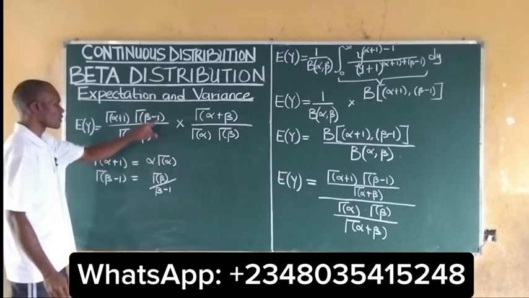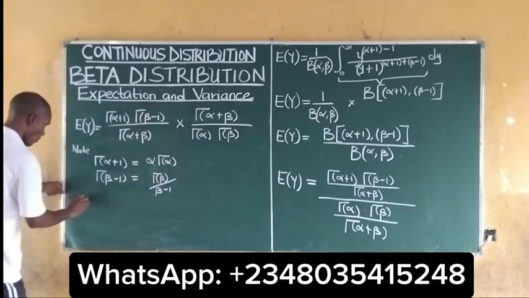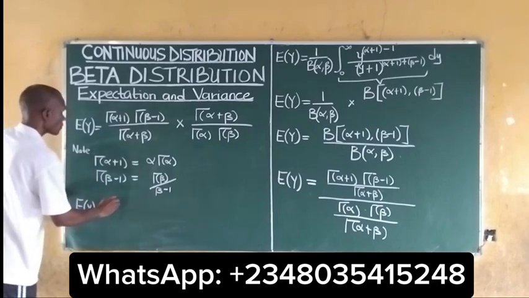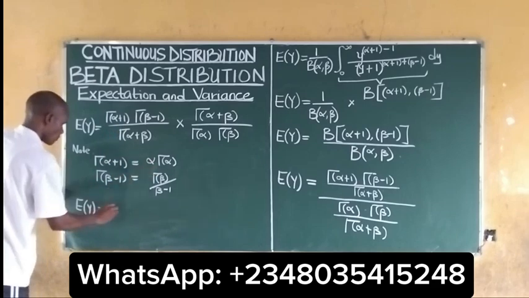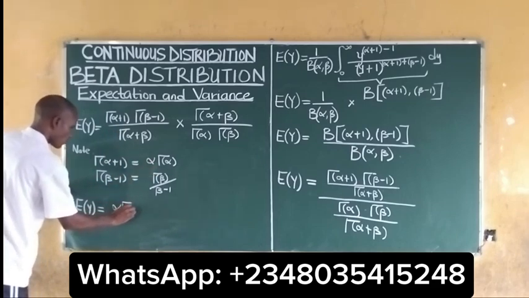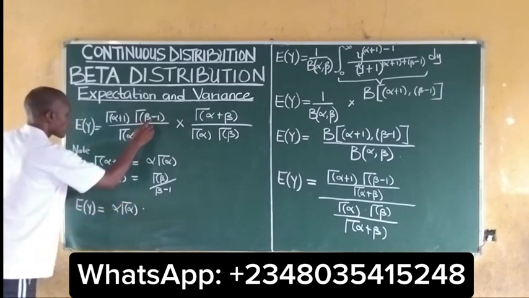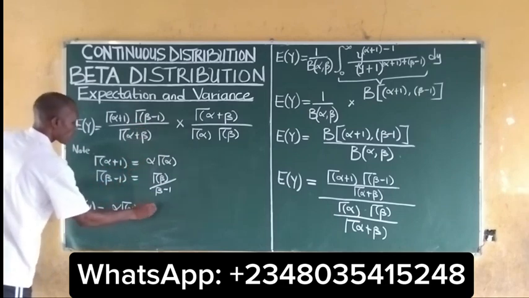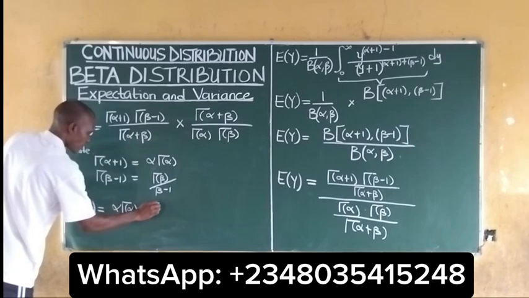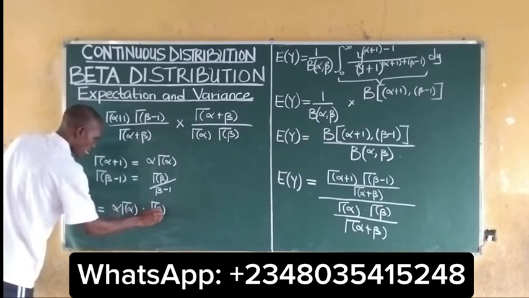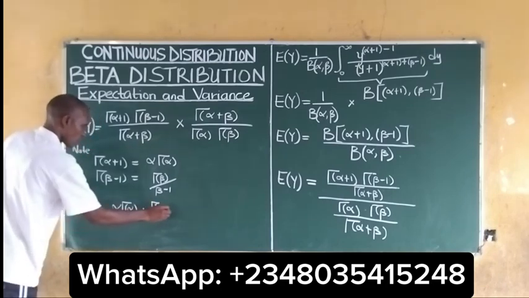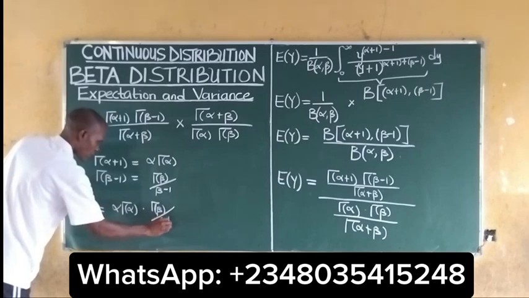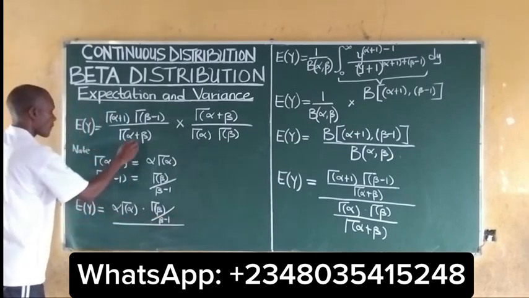Infusing the whole of this into here, we get our expected value of y to be equal to alpha into gamma alpha multiplied by gamma beta all over beta minus 1,